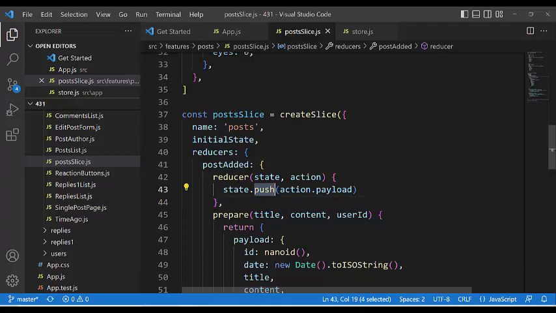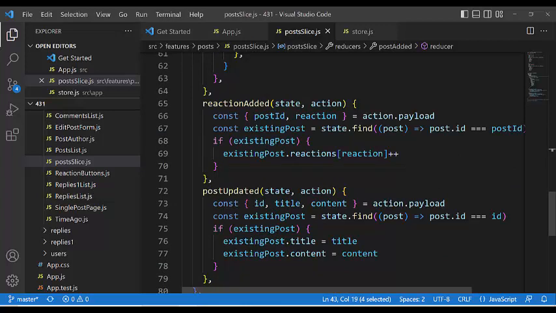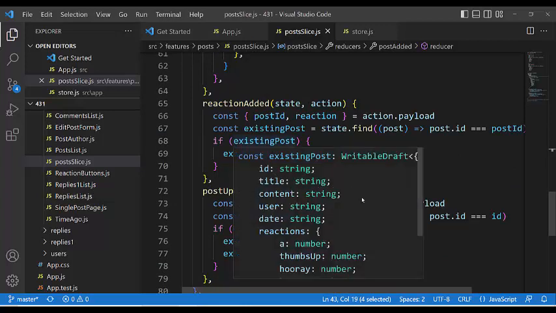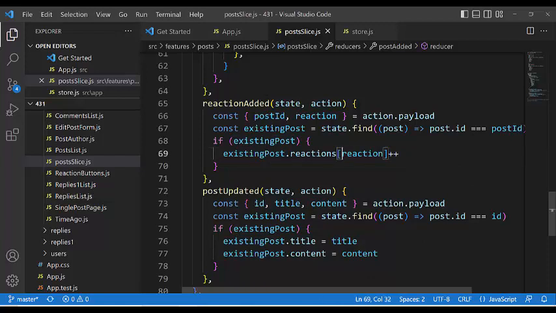Here is a push, and here is +1. Here we don't have payload. It is like a counter going up by 1. We know the value, it is up by 1, and when we know the value in advance, we don't need to write payload. And here it is reaction